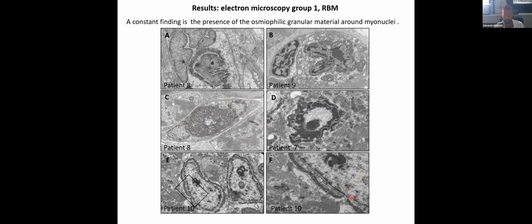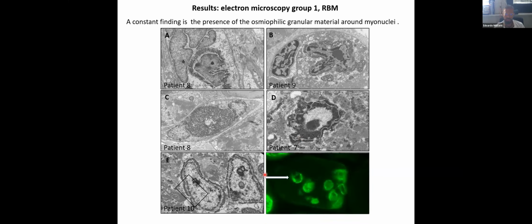We also found that this reducing granulofilamentous material, granular material, was respecting some areas of the nuclear envelope, and sometimes we found that the nucleoli were particularly dense in the nucleus of this muscle. And specifically, this granular material surrounding the nuclei corresponds to the immunofluorescence reactive material that we found with FHL1 antibody